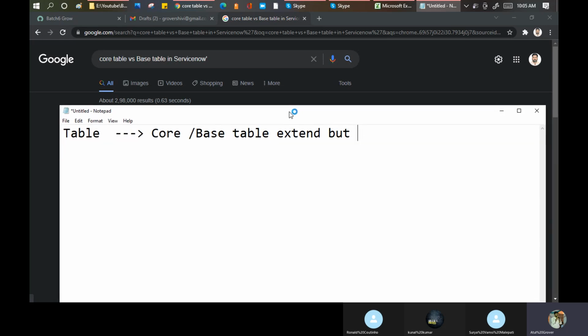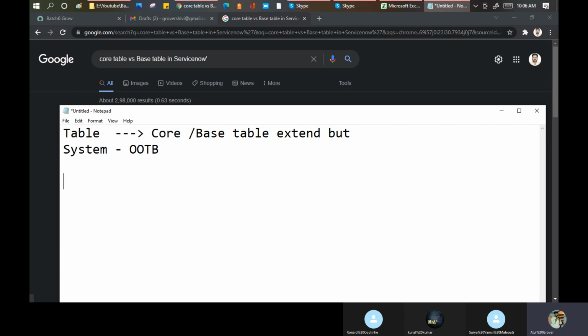So in short, these are the tables given by ServiceNow, called the base table. I can say given by the system, but I will not say OOTB. Because if I say OOTB, then you would say, Atul, the incident table is also OOTB, the change table is also OOTB. Yes, these are OOTB, but these are not the base table, because we are extending this. We are creating the incident, change, problem tables from the base table.